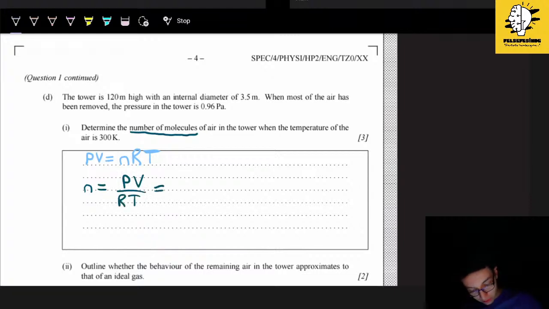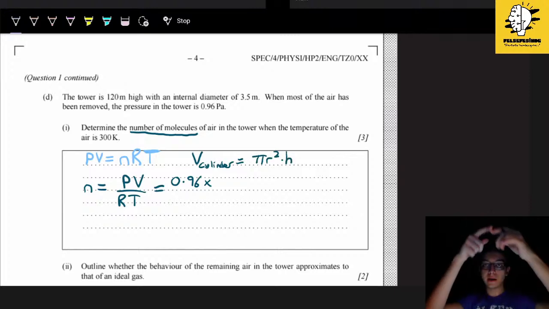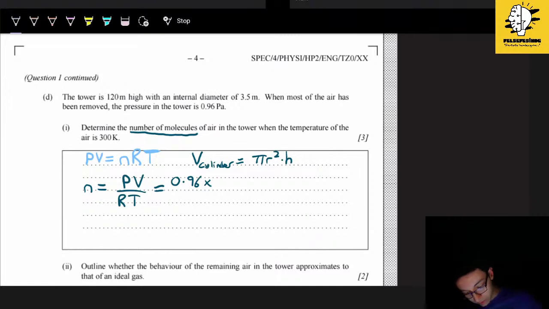And we know that P is 0.96 pascals times volume. So volume of a cylinder will be equal to πr squared times h, meaning that the area of the base times the height. Therefore, we will say π, and our r will be 1.75